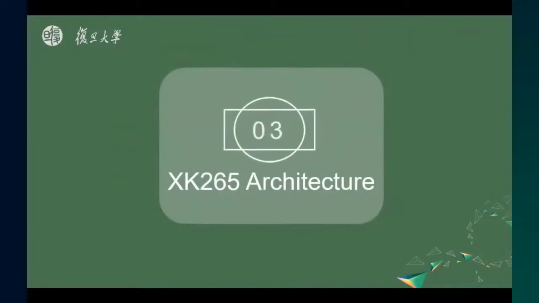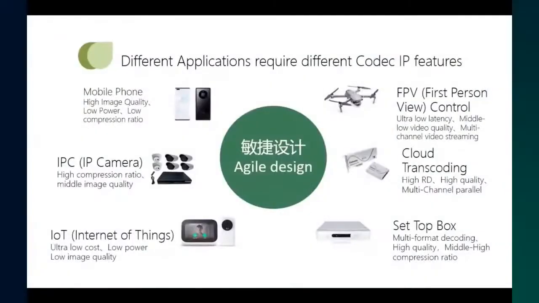So next, I wanted to introduce the SK265 hardware architecture. Based on our knowledge, different applications may require different codec IP cores, so the IP core also needs different features for different applications.